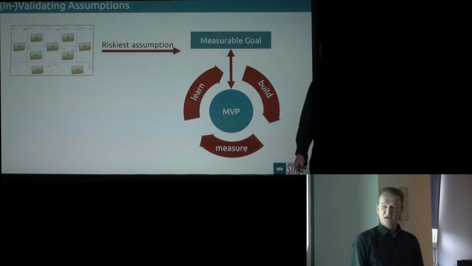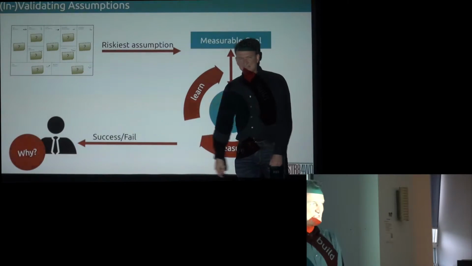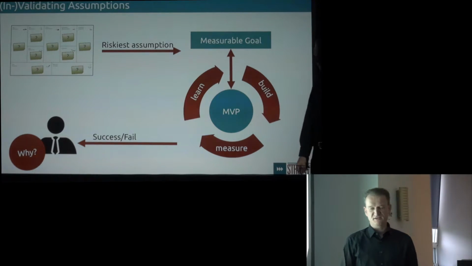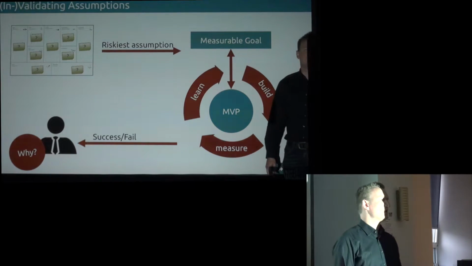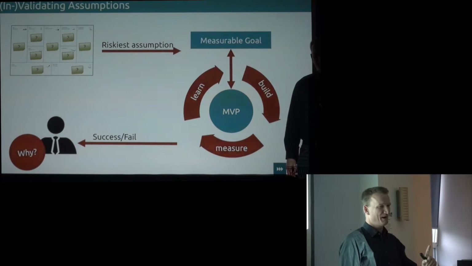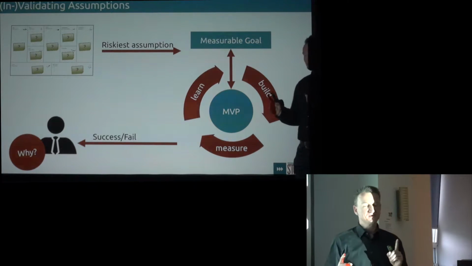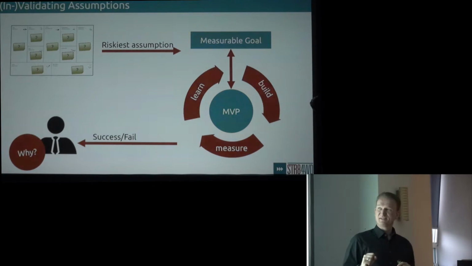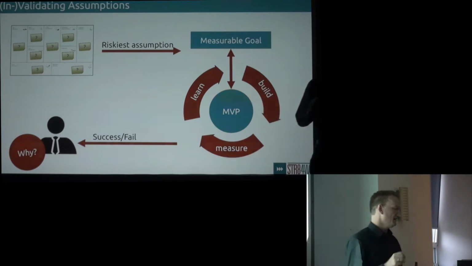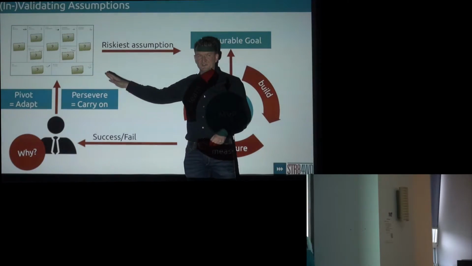And then the real problem comes up because it's not an autopilot. So after you've run the experiment, you need to look at the success and the fail of the experiment. But even if it fails or if it succeeds, you still have to do one really scary thing, and that is you should understand why it fails, and then you need to decide what's right or wrong. So it's not just like, well, I run that experiment and then it's going to modify the business model. No. You really need to understand what happened, why did things occur, and then you're going to adjust. So then you're going to say pivot or persevere.